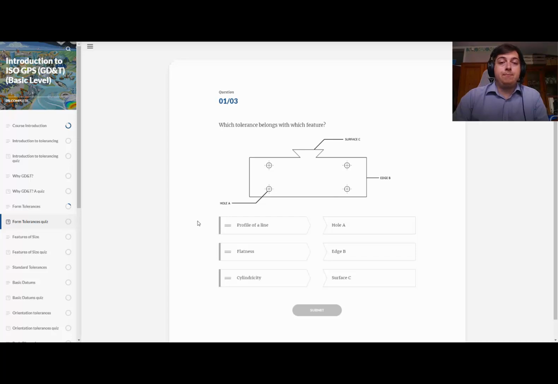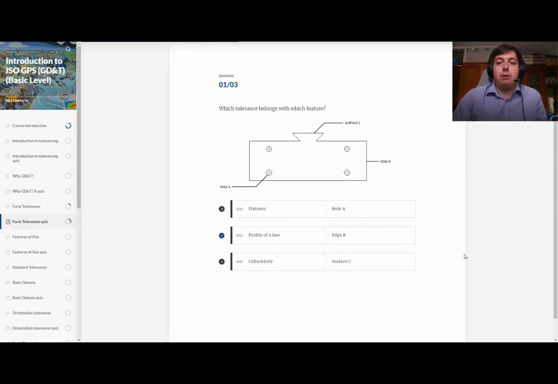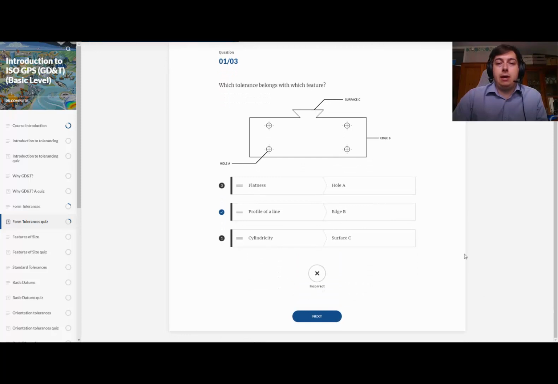The quizzes are set up in a way to be quite varied. So we have some picture-based quizzes. We have some sort of drag and drop. So as we can see, this is not necessarily correct, but we get some instant feedback as to which of our answers are correct,